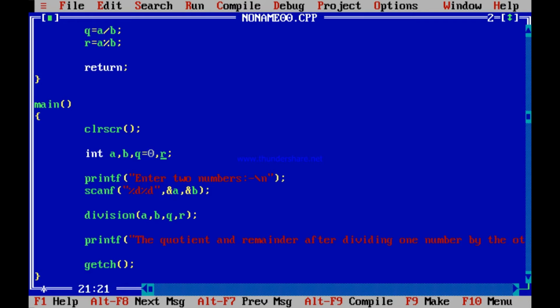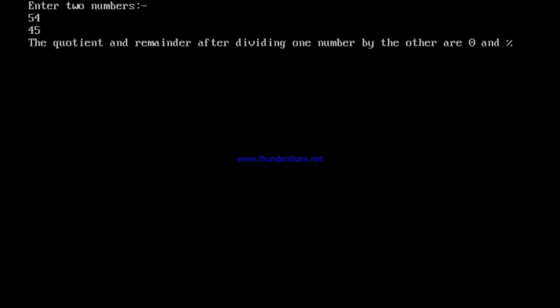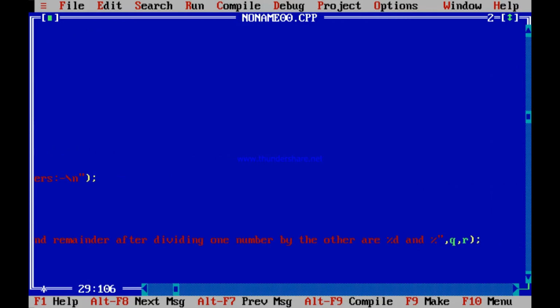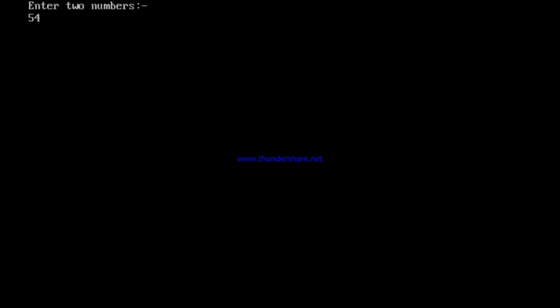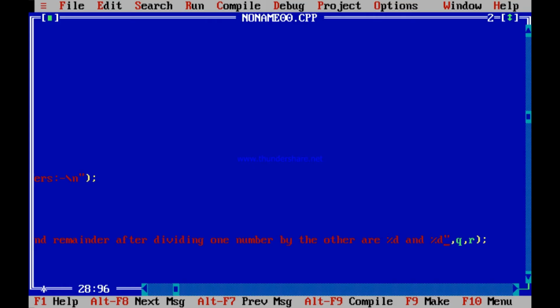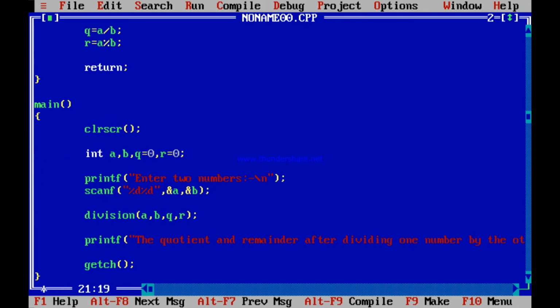If you give a value, say you initialize both to 0, and run it now, see what it will show. It will show 0 and percent, because over here I most probably made some mistake. Here I have written percent, here you should write percent %d anyway. So if you run it, if you write 54 and 45, see it is showing 0 and 0. That means the value of the main function that you assigned at the beginning. See this, the same thing as the swap. Remember the swap function, same thing has happened. Q is 0, R is 0.